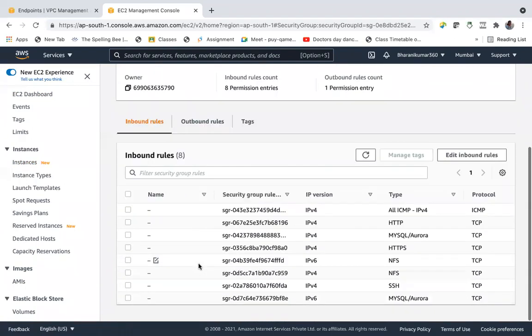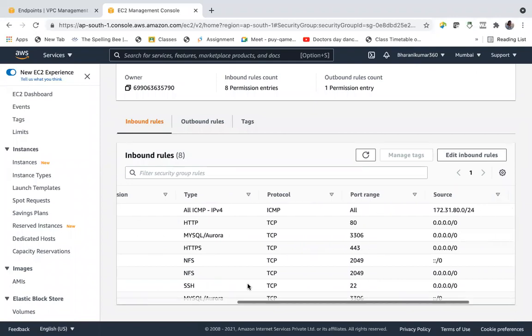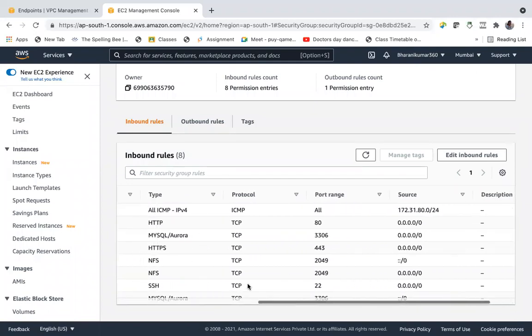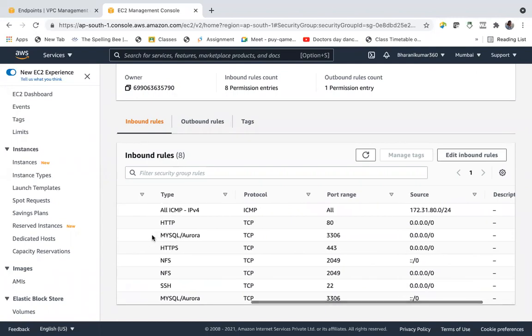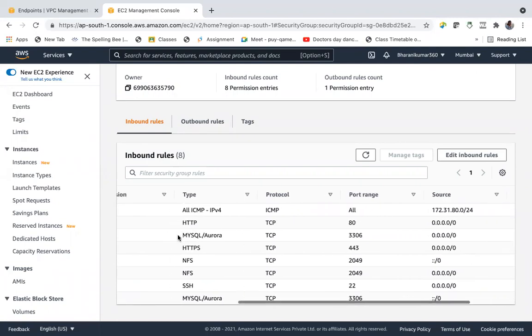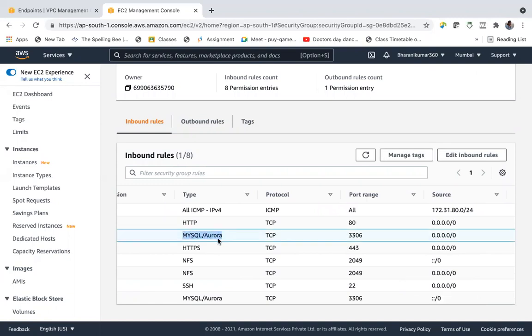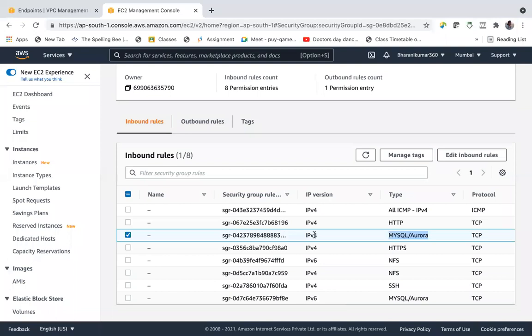Security group should contain this one, MySQL. So it's saying it gets MySQL in inbound rules. Yes, we can connect to MySQL. A MySQL rule has to be added here.